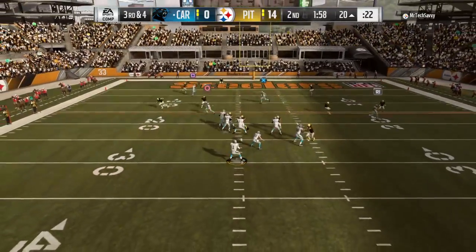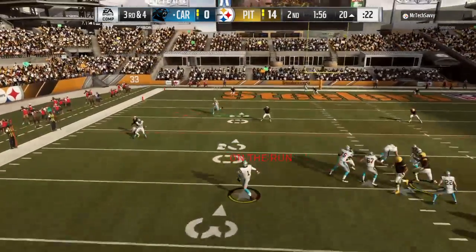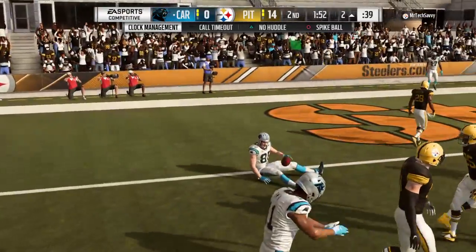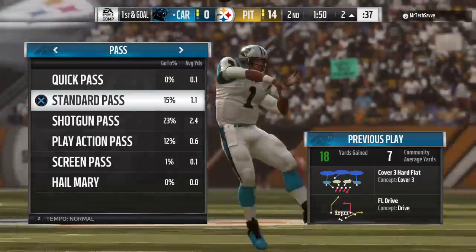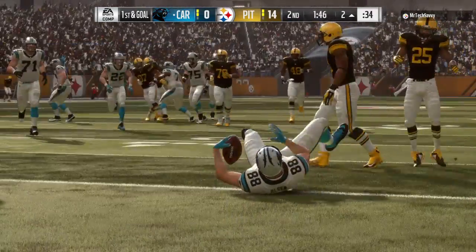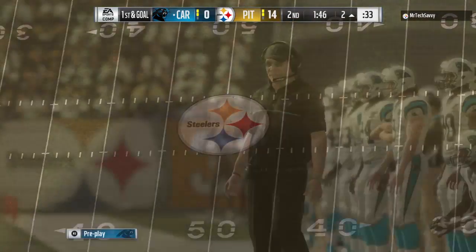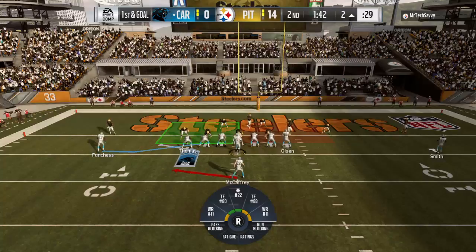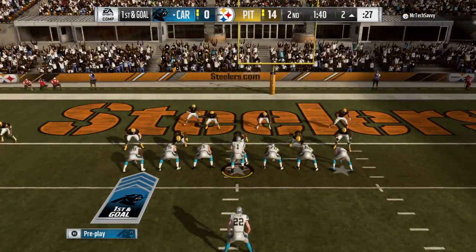Newton to throw. And he finds a man. It's Olsen. And he'll be taken down at the 2-yard line. They're able to convert on third down, and that sets up a 1st and goal. And there was absolutely 0 pressure on the quarterback on that play. 3rd down, and he has all the time in the world to eventually find an open receiver for a 1st